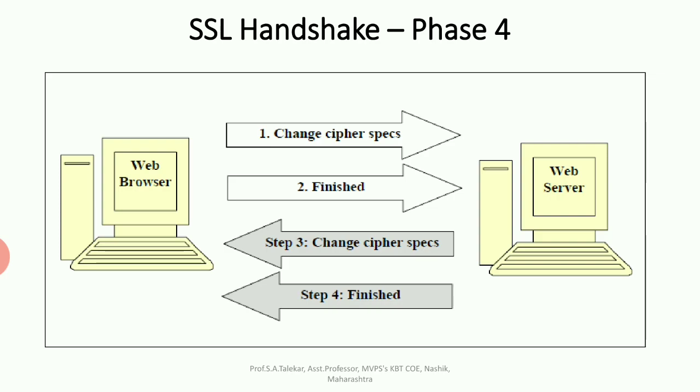The handshake protocol consists of a series of messages exchanged by the client and server, which we already discussed, and all of these have the format that we initially showed, containing the type, length, and contents. So that message format also we have discussed. We can say that it is nothing but establishing the logical connection between the client and server by exchanging some security parameters, and it takes 4 steps, right from establishing the connection to finishing the connection.